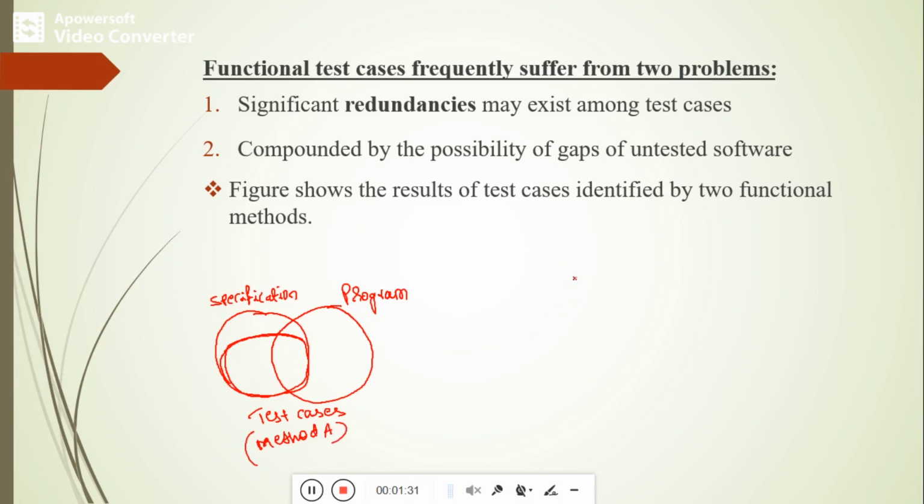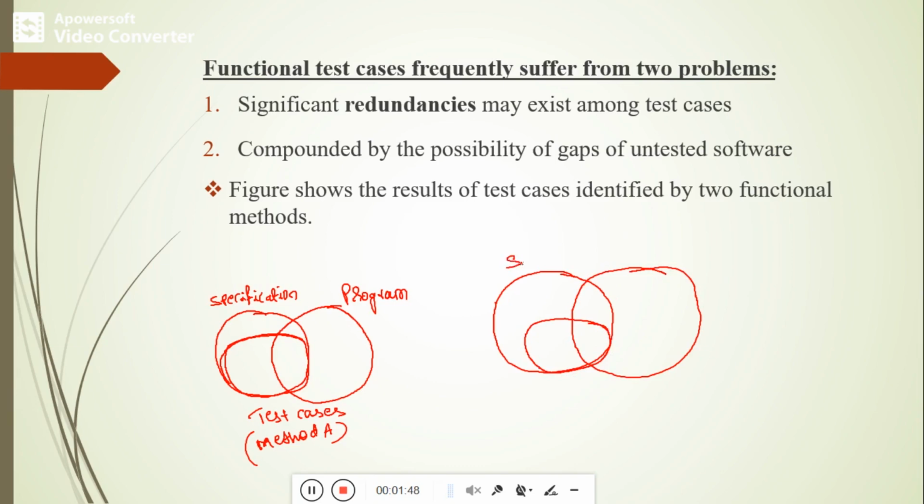Now I will show you one more method with the same diagram: specification behavior, program behavior, and here tested behavior.